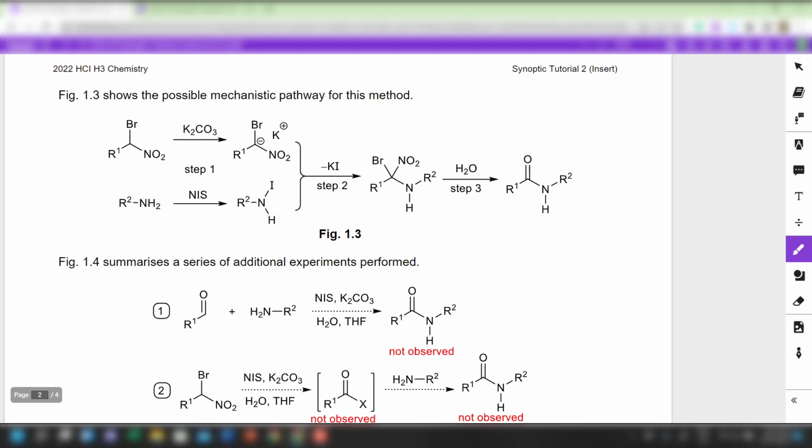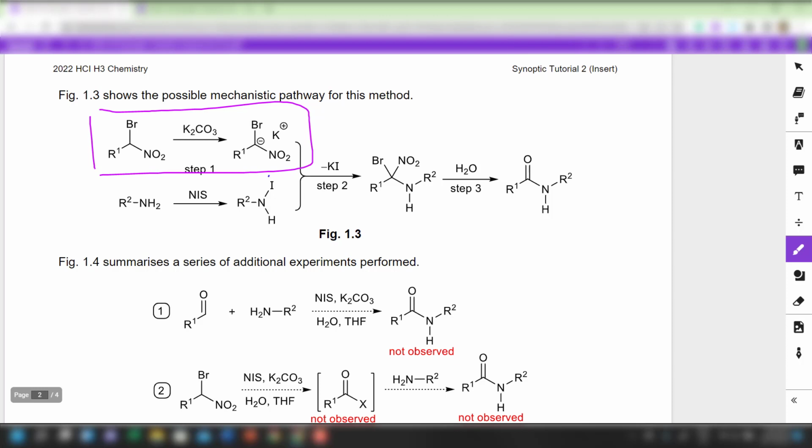So indeed, if you look at this particular step, carbonate indeed acts as the base. You can see that the alpha carbon, so we call this the alpha carbon. Why is this called the alpha carbon? Because this carbon is flanked by two functional groups, that is bromo and nitro, and then it can be easily deprotonated. Okay, and you're going to get a carbon anion, and then after subjecting the primary amine to N-iodosuccinimide,